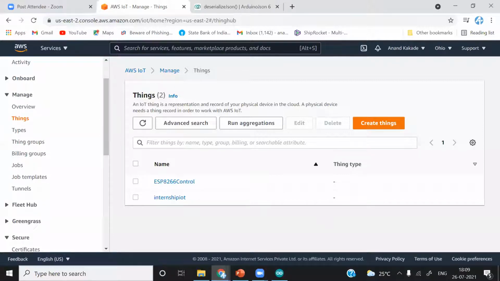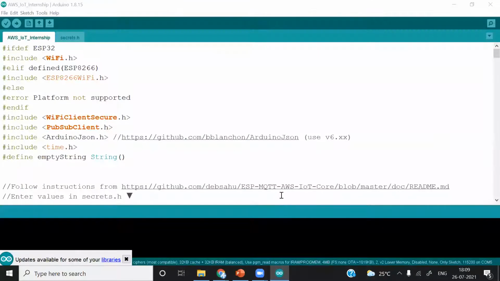Okay. After this, I will open the code. So this is the same code yesterday we have worked with. But there are few changes I have made. I will explain those changes and then we will move further.